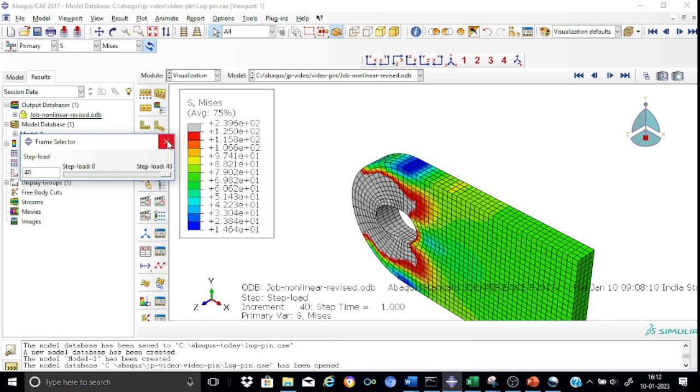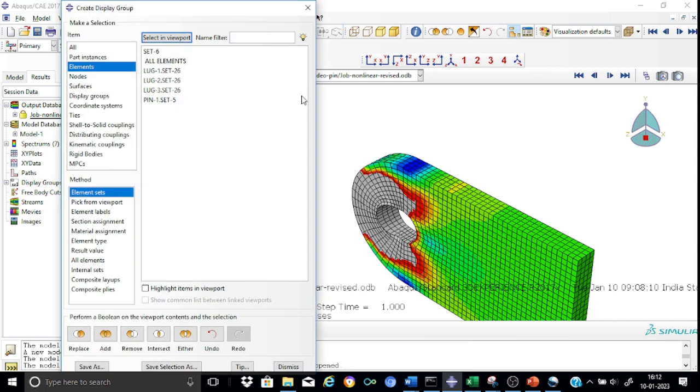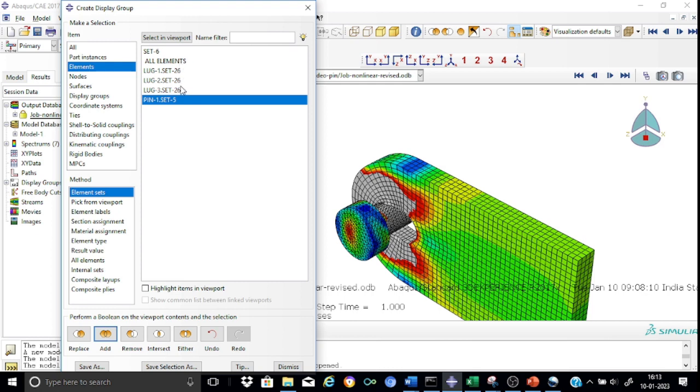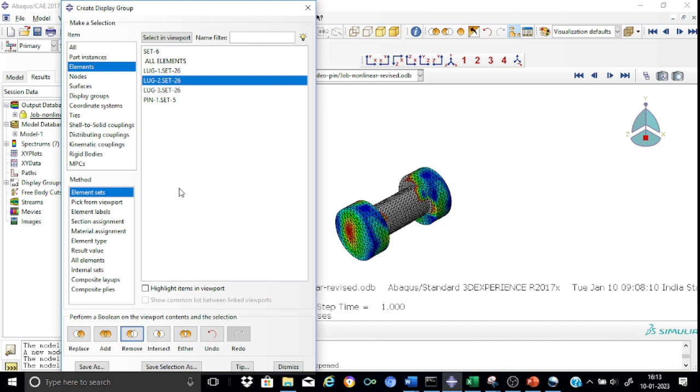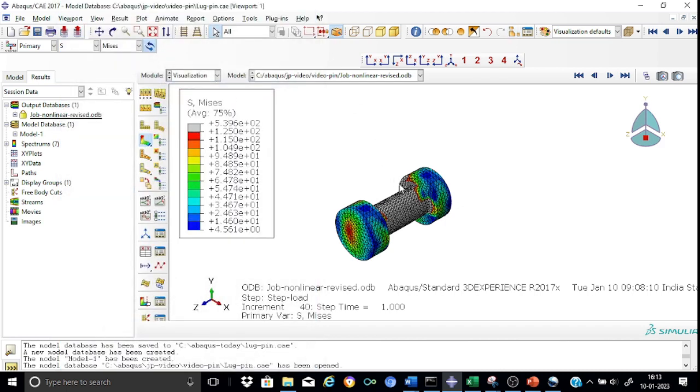So that is all regarding the stresses in the lug part. Now let us also see the stress in the bolt. What we can do is go here and remove this. Let us include this pin, add this pin into this, and remove lug 2 now. So we are going to inspect only the stresses in the bolt, and we find that the maximum